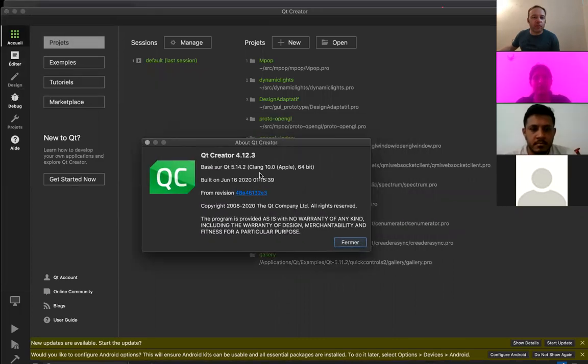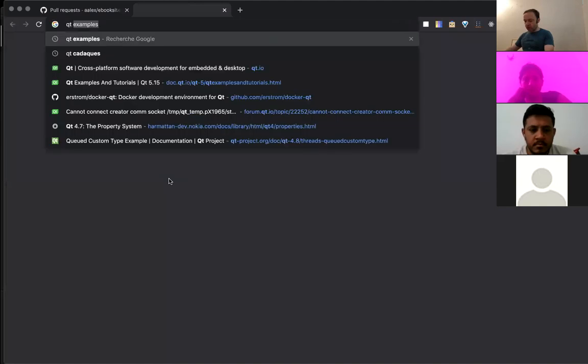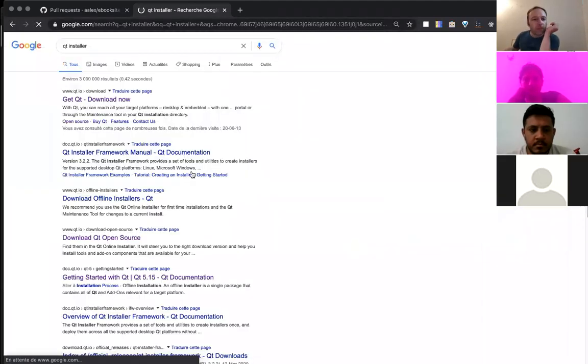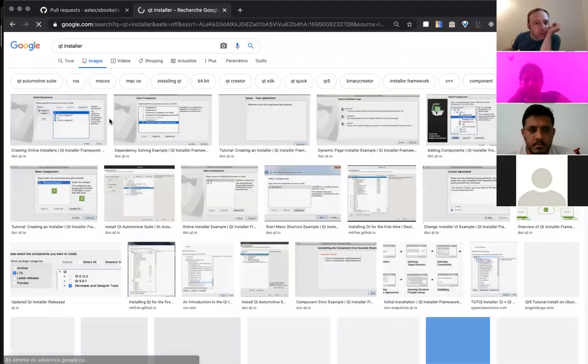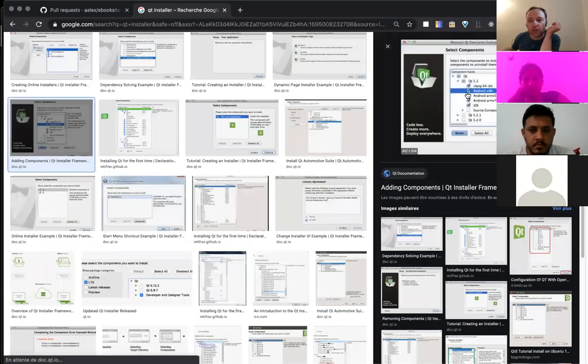Qt Creator is an IDE for writing Qt applications. It also works very well on Windows. You just install Qt, and you need to check Qt Creator. When you install Qt,